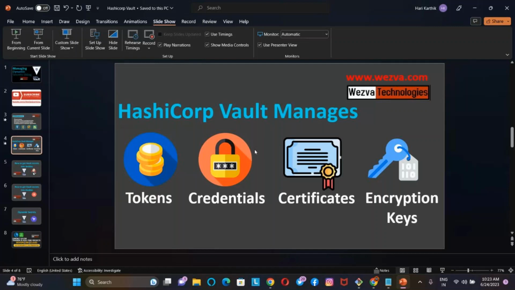Now, probably I'll have a part two of the same session wherein we will go deeper into how we set up HashiCorp for production grade, as well as see a few more use cases. Okay, so for now, how do you set up Vault quickly on a machine? Now for this,